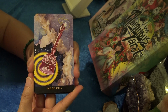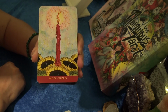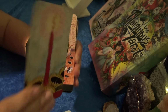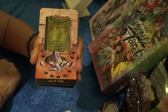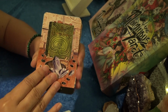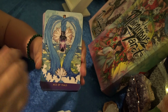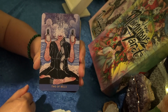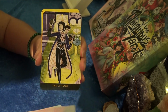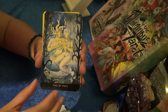So we're starting out with the Ace of Bells, the Ace of Chalices, the Ace of Candles, which is traditionally Wands, and the Bells is traditionally Swords, and then Ace of Tombs, which is traditionally the Pentacles or coins, and then the Ace of Vials, which is traditionally the Cups. And then on to the Two of Bells, Two of Candles, Two of Tombs, Two of Vials,